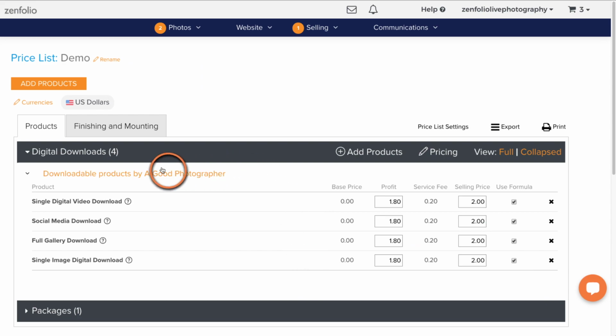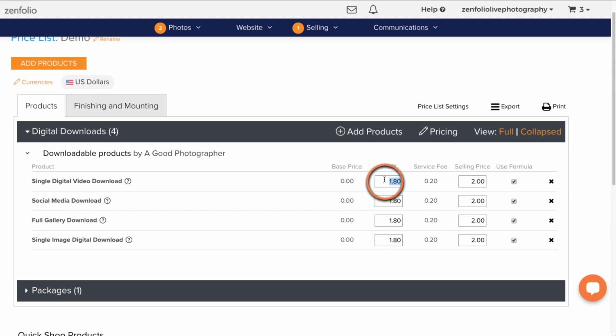Okay, so first what we're going to do is price our single digital video download. Now you can set your pricing a couple of different ways. I want you thinking about setting pricing at a profit level. So if you look at your digital video download and you say, okay, I would really need to make at least $20 off of any digital video that I sell to really make it worth it, you can go to the profit section, put in $20, and it will mark up your selling price where it needs to be so that after the service fee is taken out, you make that $20 profit.